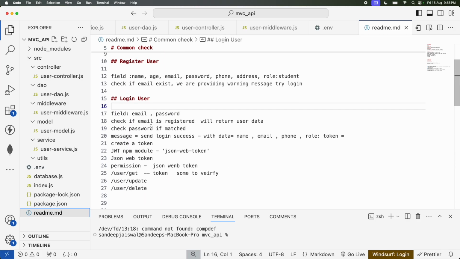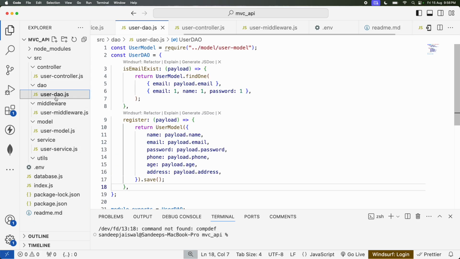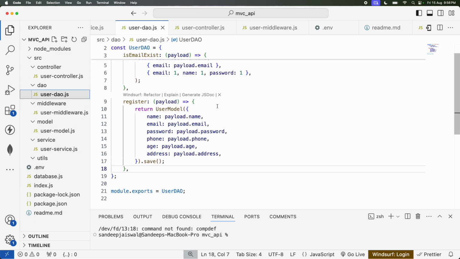Fields are email and password. Check if the email is registered, or else it will return user data if the email is registered. Then check with the password if it matches. So let's try to first create. Let's go to the DAO page. In the DAO page, first what we are going to create is we are going to